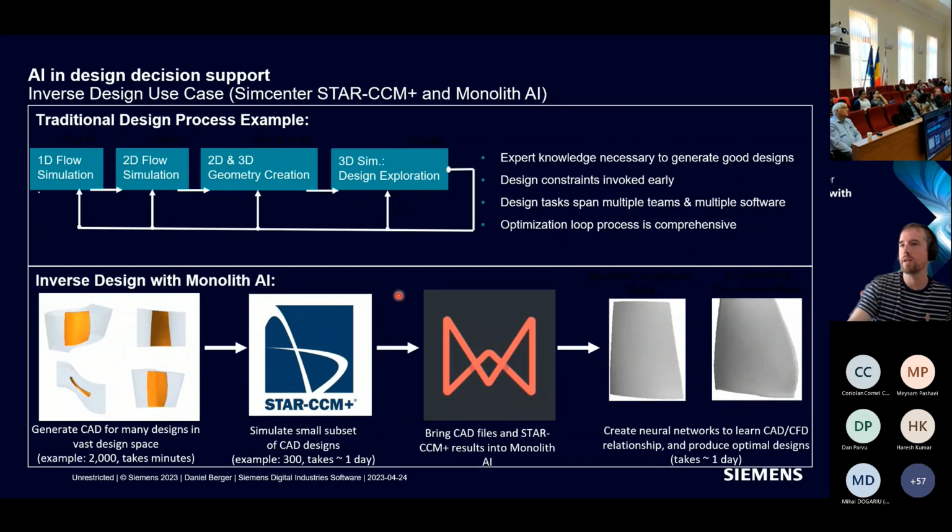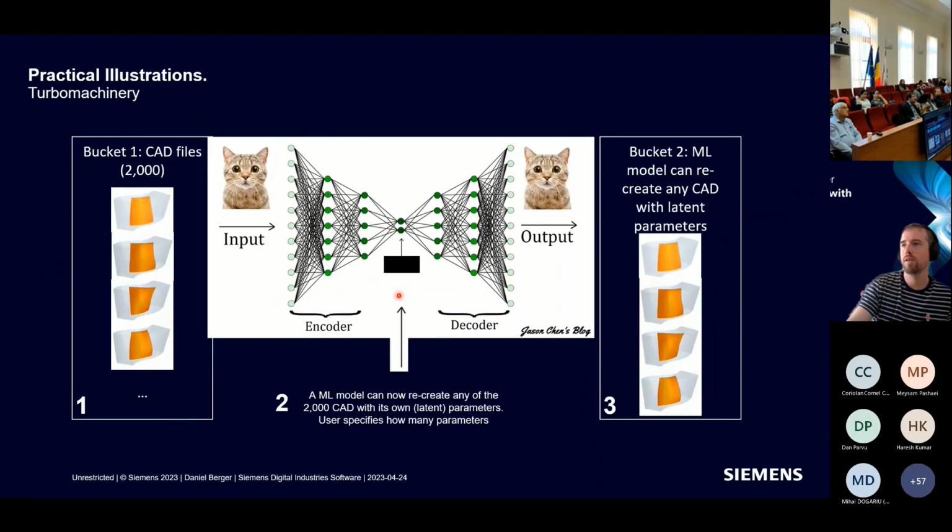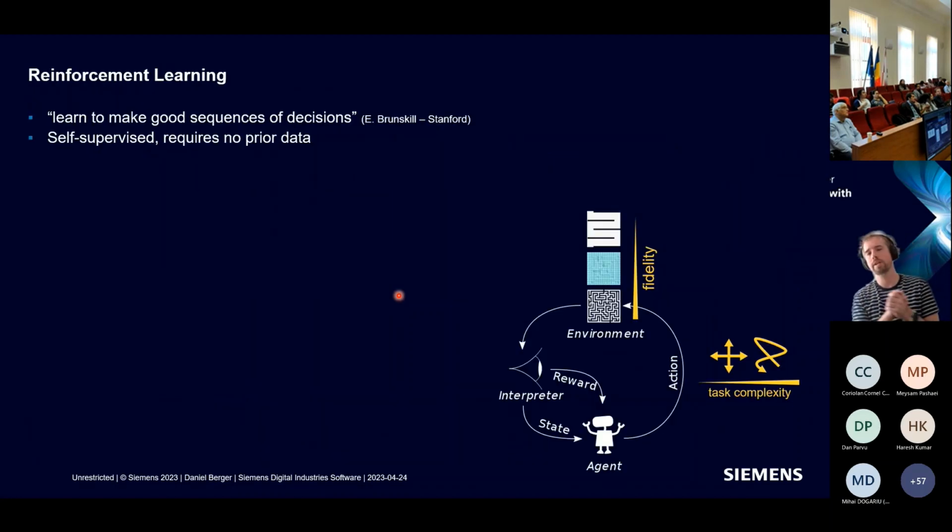I have 5 more minutes, so I hurry, and maybe go to reinforcement learning just very quickly, because that's not been covered yet. Reinforcement learning is a very cool approach where you have some kind of agent, which explores the environment to learn a sequence of best decisions. If you iterate and iterate, it will come up with the optimal strategy available within a certain